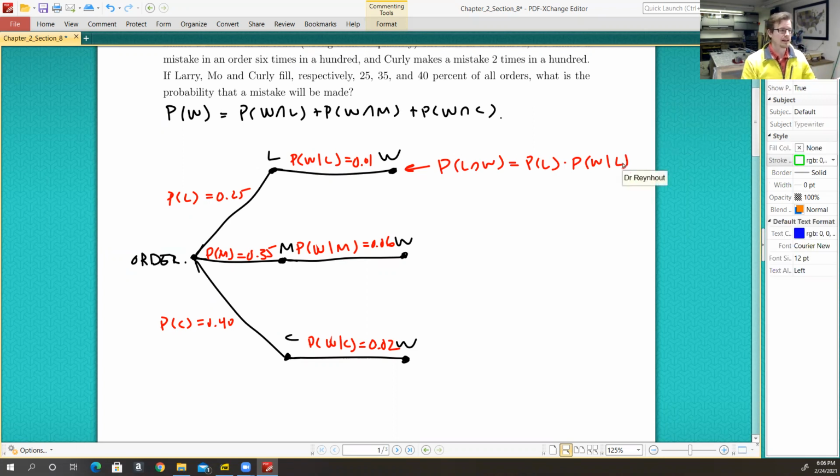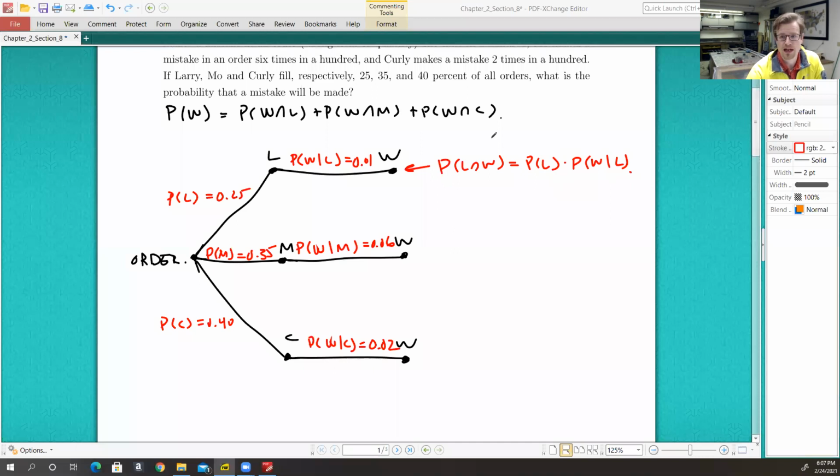But this should actually look really familiar to us. Let's see here. I think this is in section 2.6. Let me take a look here a moment. Yep, that's conditional probability. So we have the multiplication rule. This is theorem 2.9. So we are observing it here on a tree diagram, but this is theorem 2.9 that we're actually using